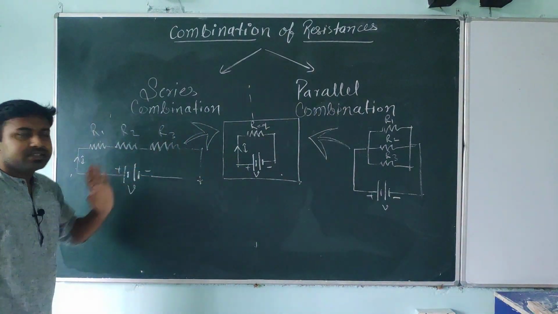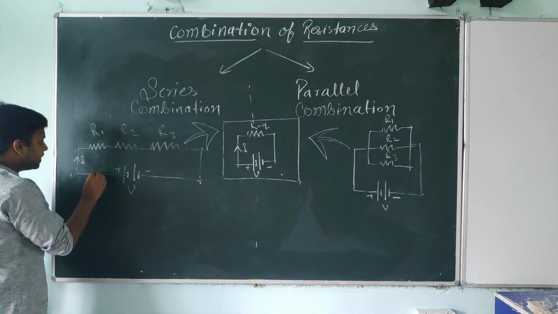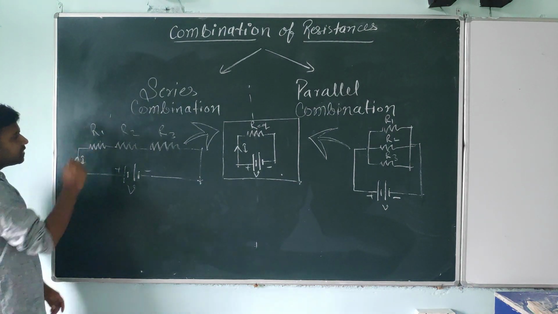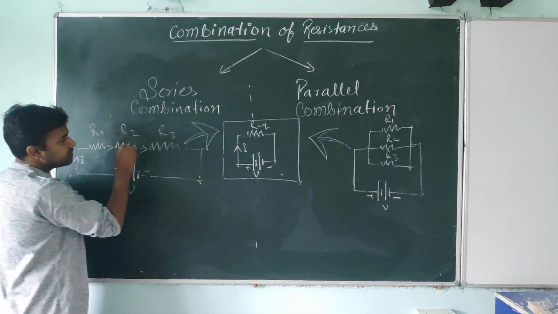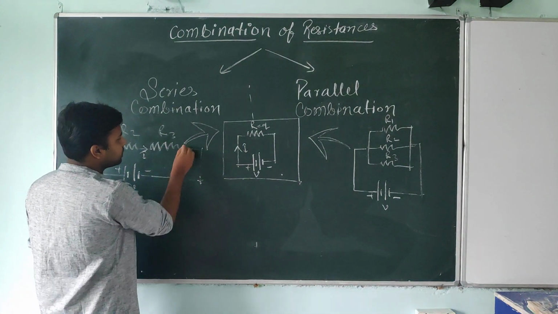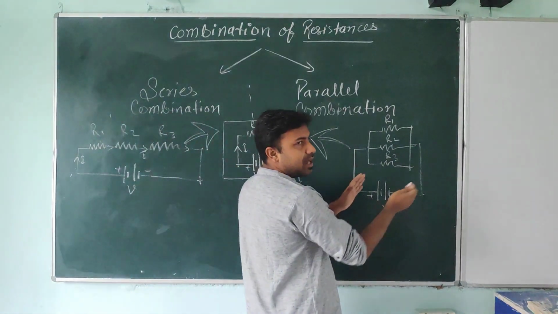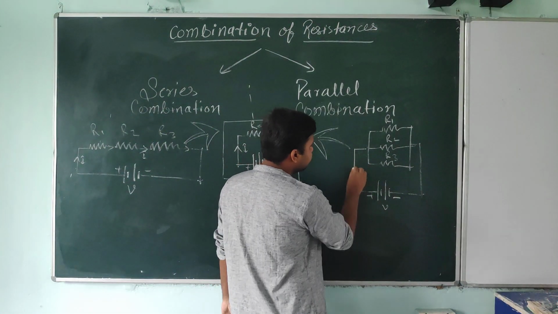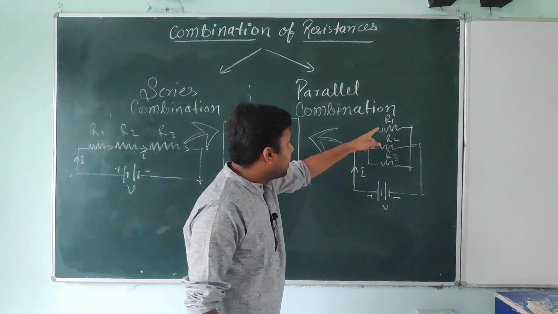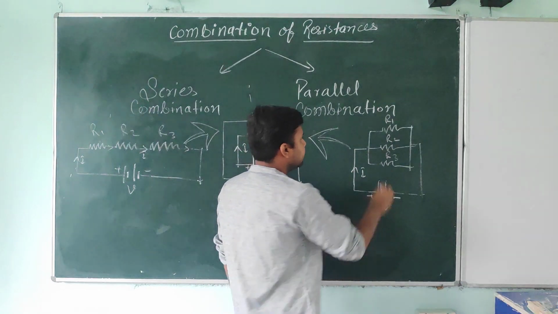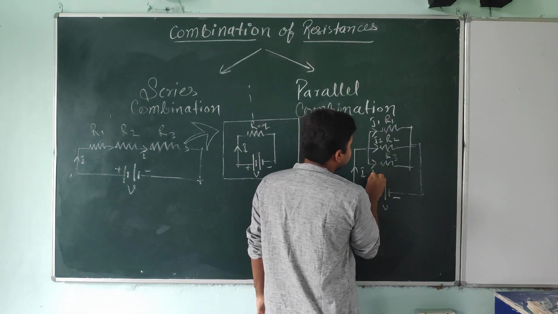So our motivation is, it means we want to replace all three resistors. Look at this here, current I is entering through this R1 resistance. What will happen? The current I will again exit. This same current I will enter here through this resistor, and the same I will exit from here. But in this case, parallelly I am explaining both, but in this case look at this I. This I will divide in three parts, I1, I2, I3. So I am giving the names. Here it's I1, here it's I2, here it's I3.